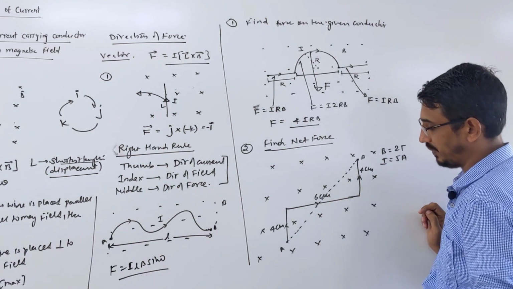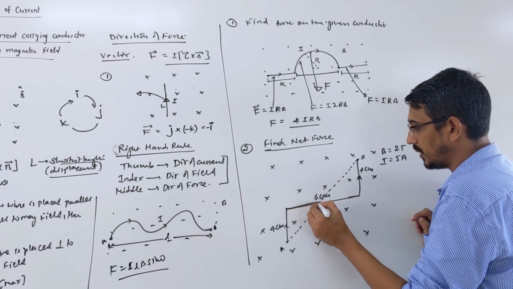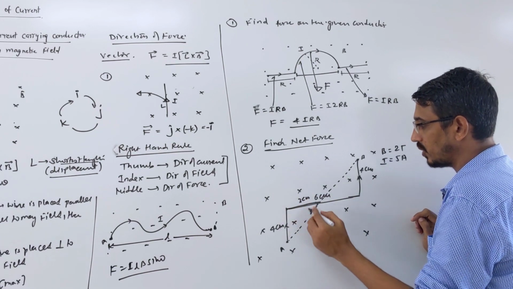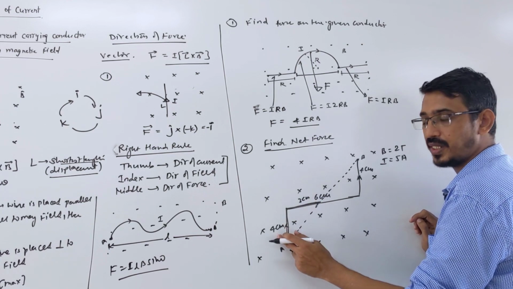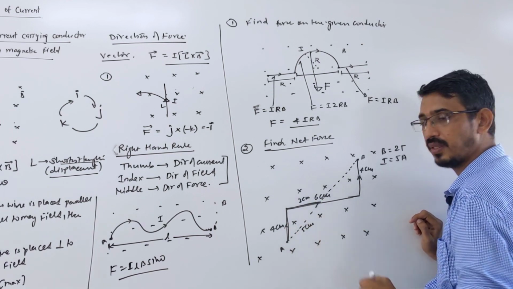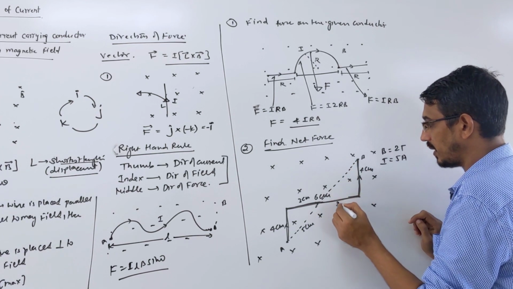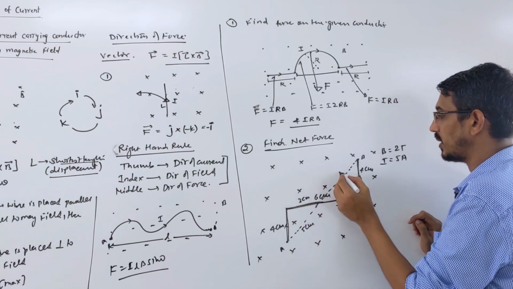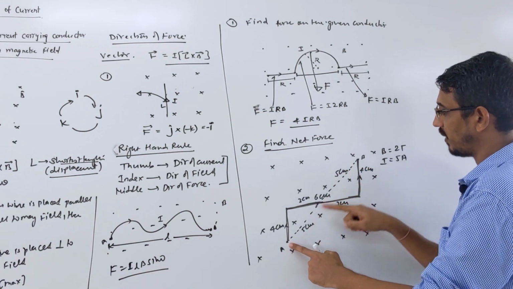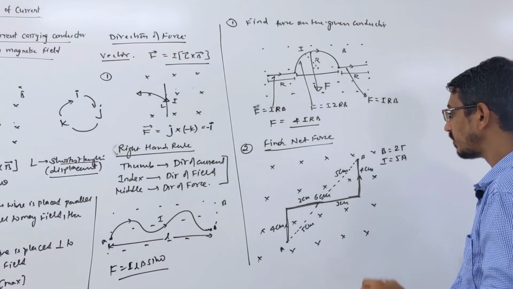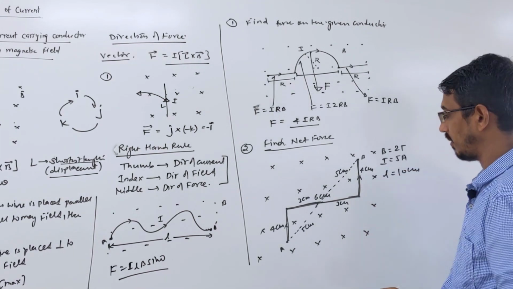So look here, how to find? This side is given 4 centimeter, that's total given 6. So half of that, this much becomes what? 3 centimeter. So you see this is a right triangle, right? We have sides 3 centimeter and 4 centimeter, so that becomes what? 5 centimeter. Exactly the same thing is happening here. This is 4 centimeter, that becomes 3 centimeter, because total is 6 centimeter, so that also becomes 5 centimeter. Means total length from point A to point B is what? 5 plus 5, 10 centimeter, right? So how much length did we get? 10 centimeter.